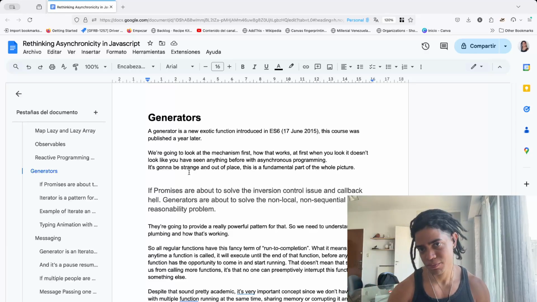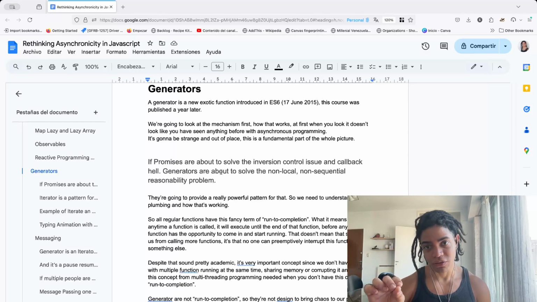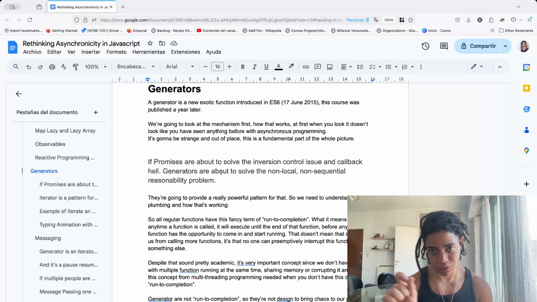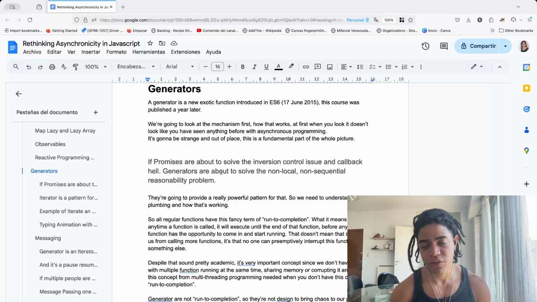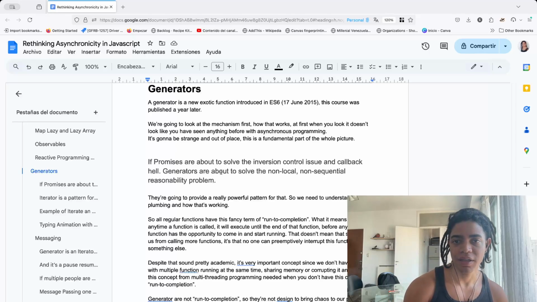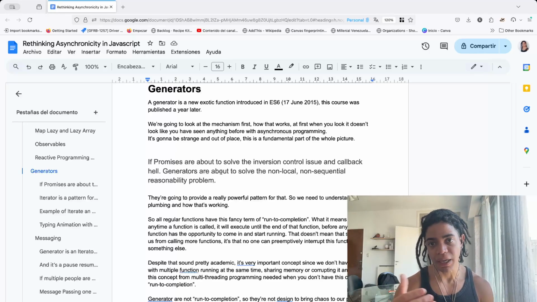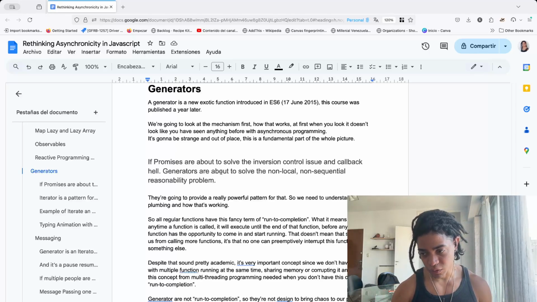Why is this important, you may wonder? Because generators give us the ability to pause and resume, we can do that without needing to use callbacks and iterators. For those who are not familiar with iterators, an iterator is just a design pattern for typically stepping through data. So for example, when you're querying a database,